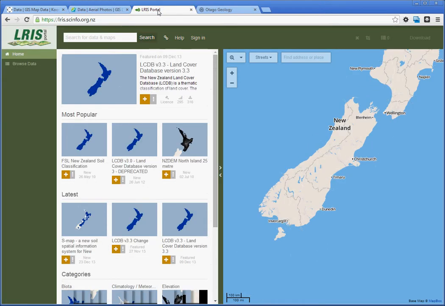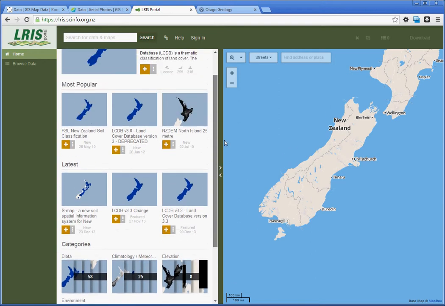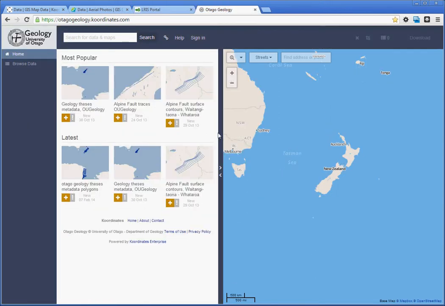Another one is Landcare Research, the LRIS portal, and this is one that our department has, and one of the main data sets here we've got is the data set that shows the